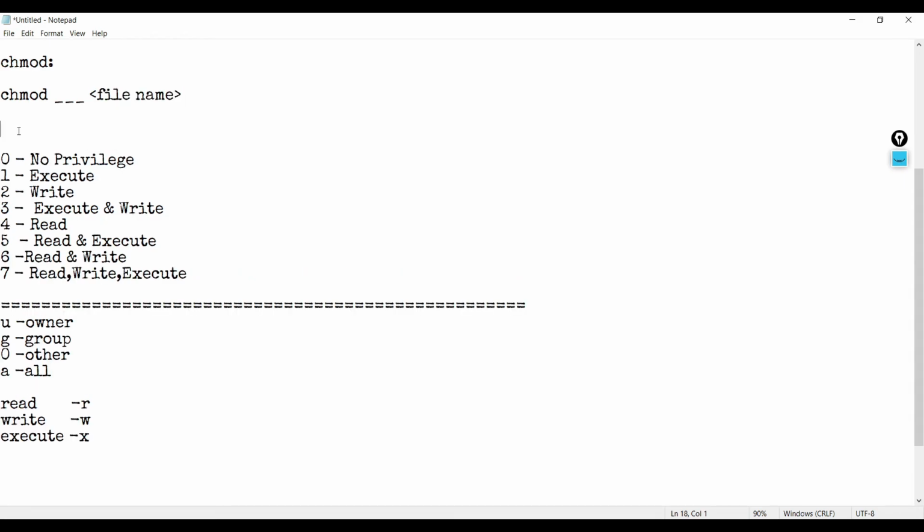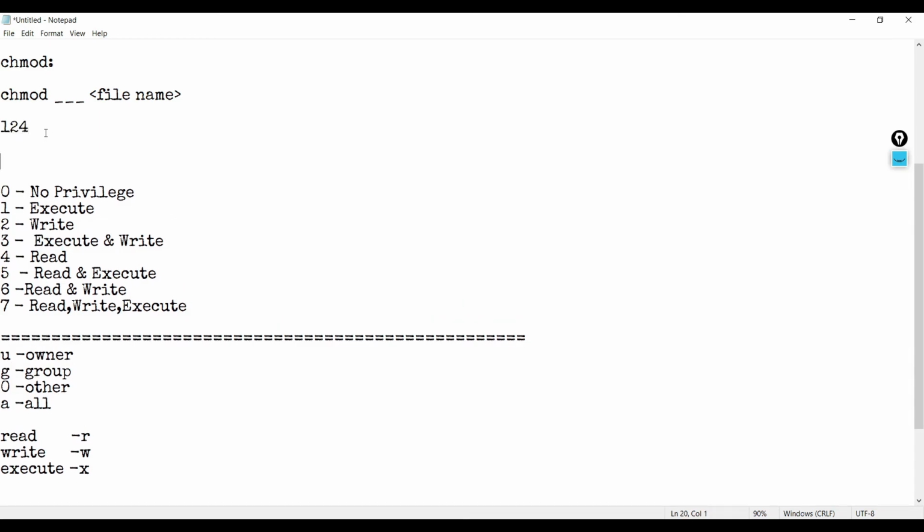I am giving an example. If I use the combination 1 2 4, the file owner will have the execute privilege, and the group to which the owner belongs will have the write privilege, and all others will have the read privilege. If I use 777, then it defines access to all the users for that file.